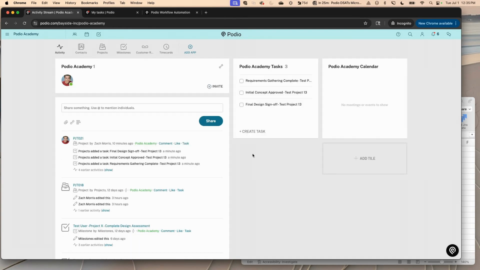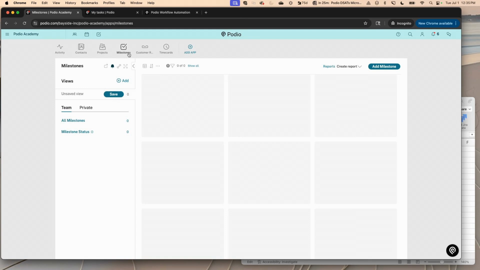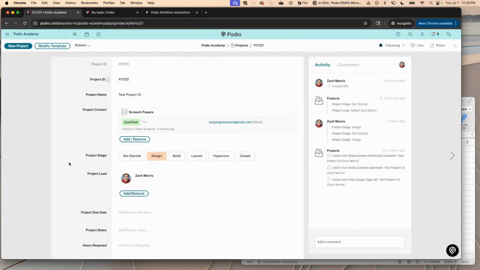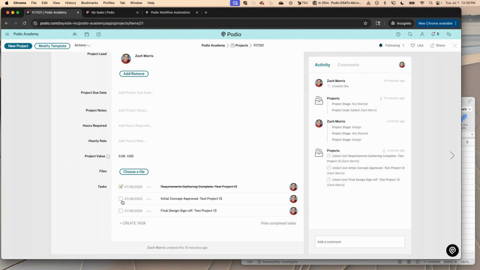So because of that, what people will sometimes do is they will sometimes use what's called a task application. So in this case, we're going to use a concept of milestones. And really all this is instead of leveraging our workflow to create Podio native tasks. So if we go back here to our project, where we've created these native tasks,